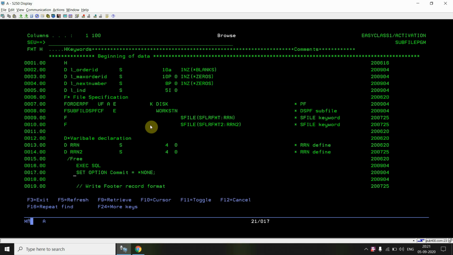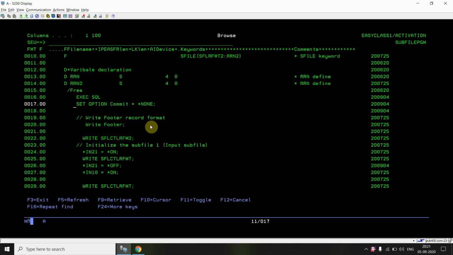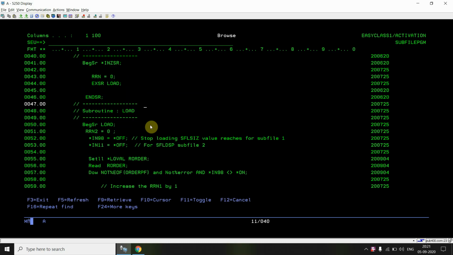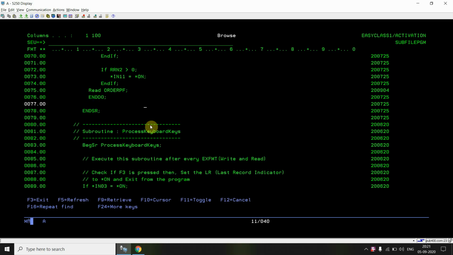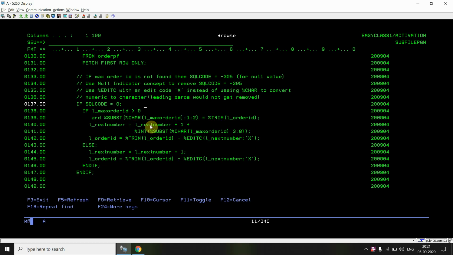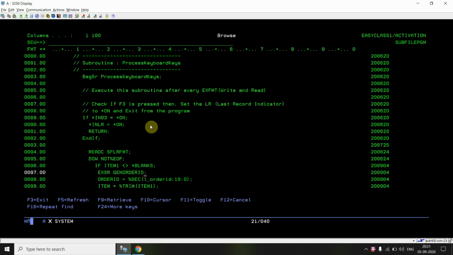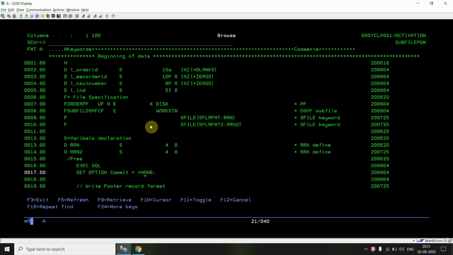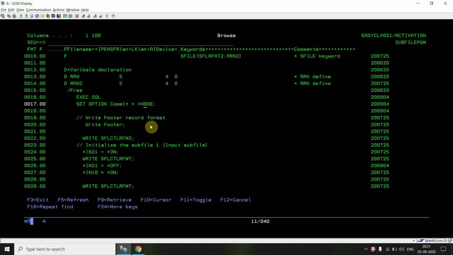Now the first thing you are seeing here is EXEC SQL SET OPTION COMMIT = *N. Let me check if I'm needing that here. In this case, yes, we will be needing that, because we are using SQL, and the file on which we are querying is not journaled.